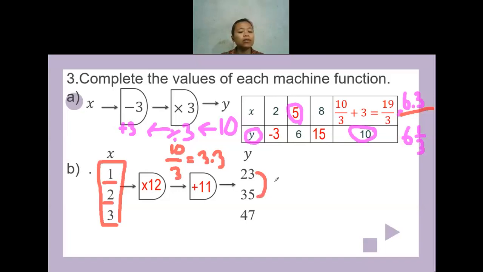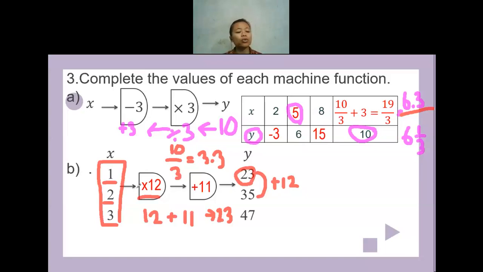The difference is plus 12. Because the difference is plus 12, it means later the position to term rule or the function machine, we have to multiply it by 12. After we multiply by 12, you have to check. 1 times 12, the result will be only equals to 12. But the output is equals to 23. So it means there is a bit of difference from 12 into 23. I have to do something to change 12 into 23. The thing that I can do in here is by adding 11 into 12. That's why in here, after I multiply by 12, I will plus it by 11.